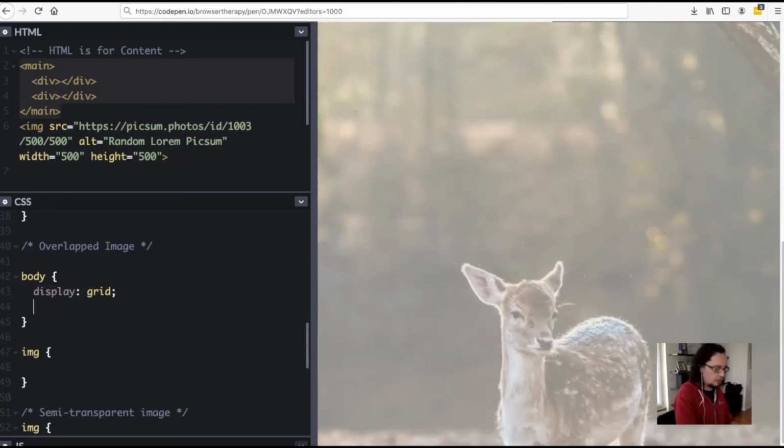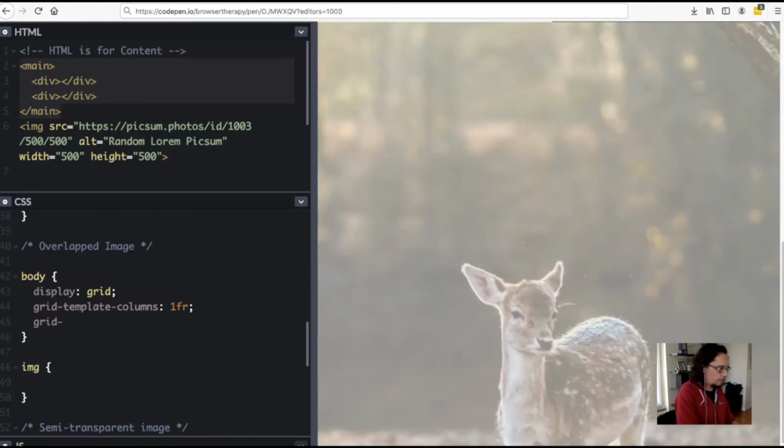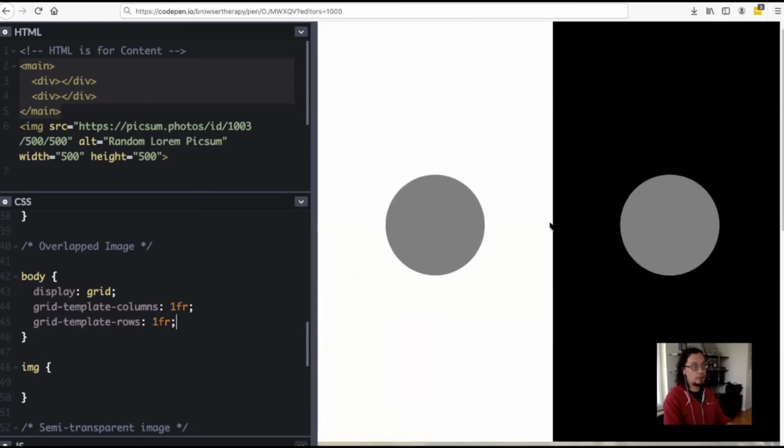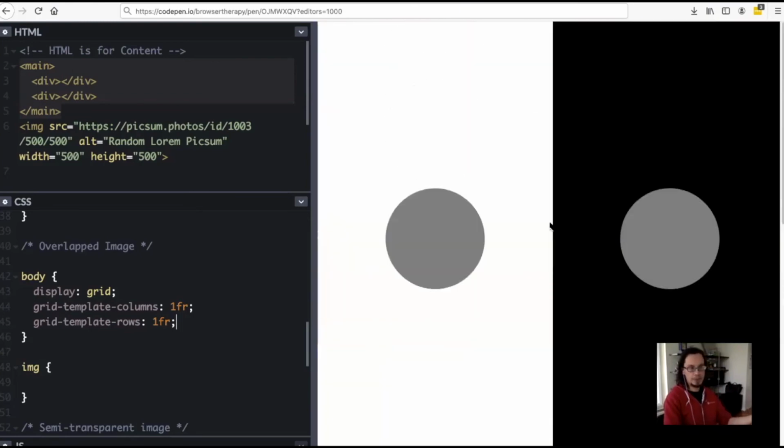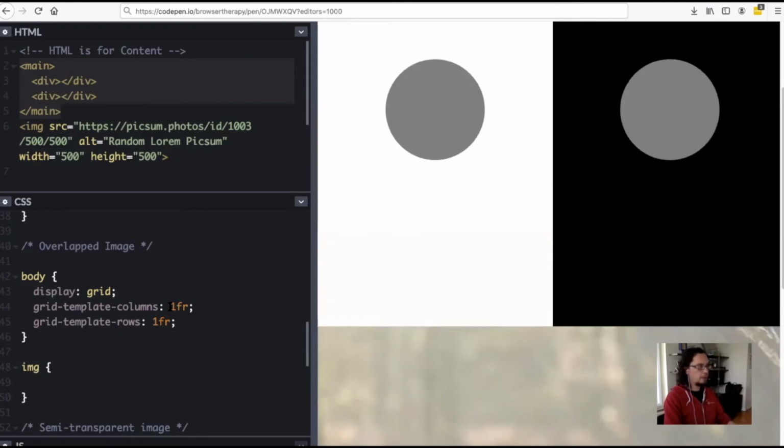And the first step in doing this is setting up our template. So what I've done is I've told the browser that I want the entire body of this web page to be a grid. I notice it still works just fine. But if I do, say, for example, this,